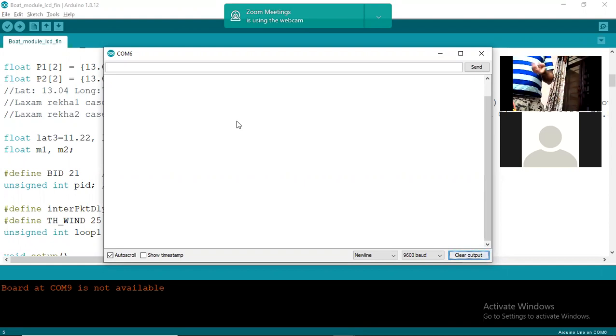This GPS module is a different kind of module which I'm using. I have an antenna like this which has to be connected outside the vehicle. Sometimes vehicles are made of metal. So if you put the sensor inside, the GPS antenna will not work. So you have to connect an external antenna like this. So for indoor demo purposes, this type of antenna, with external, is a little costlier.